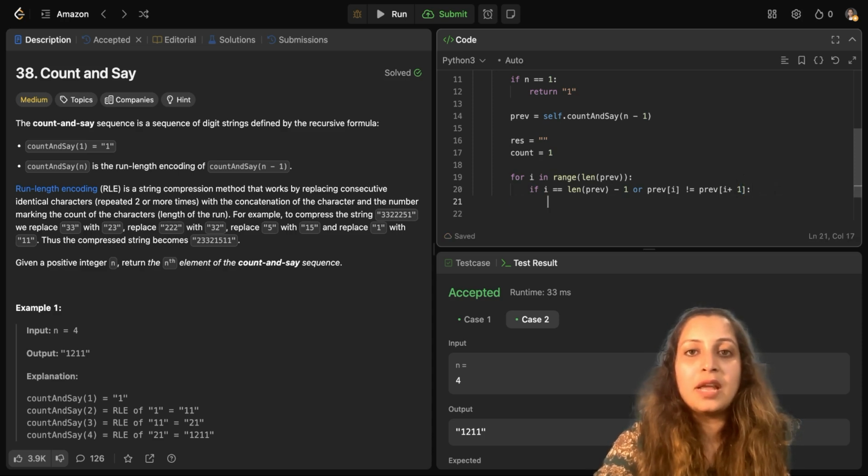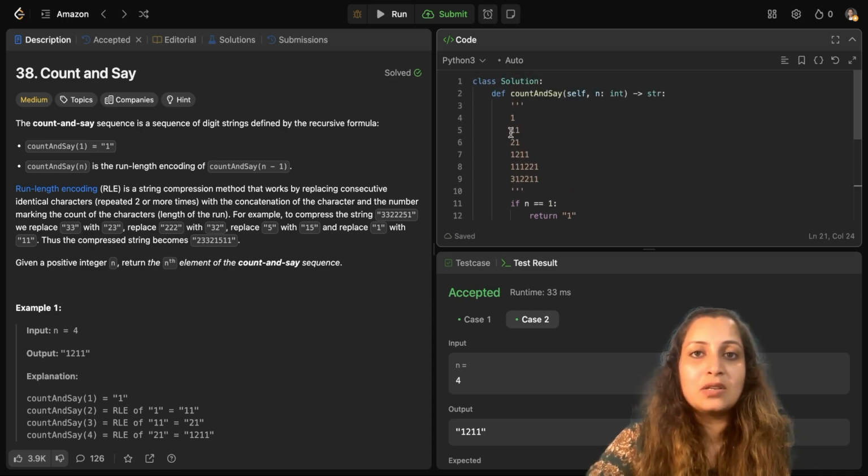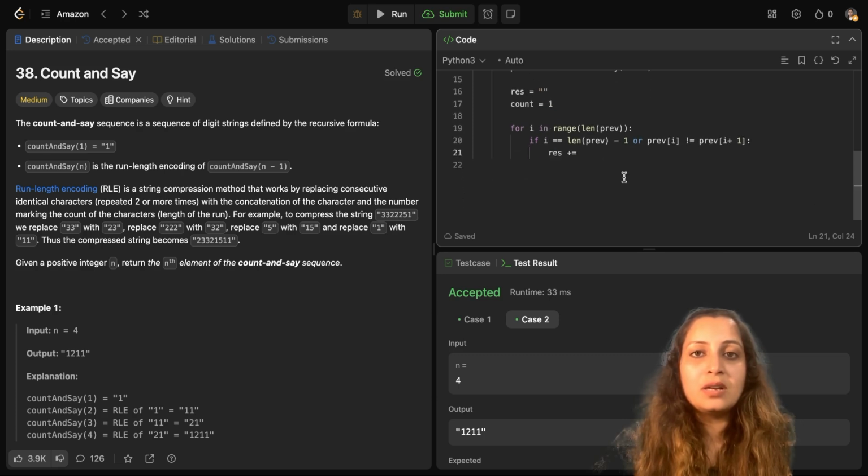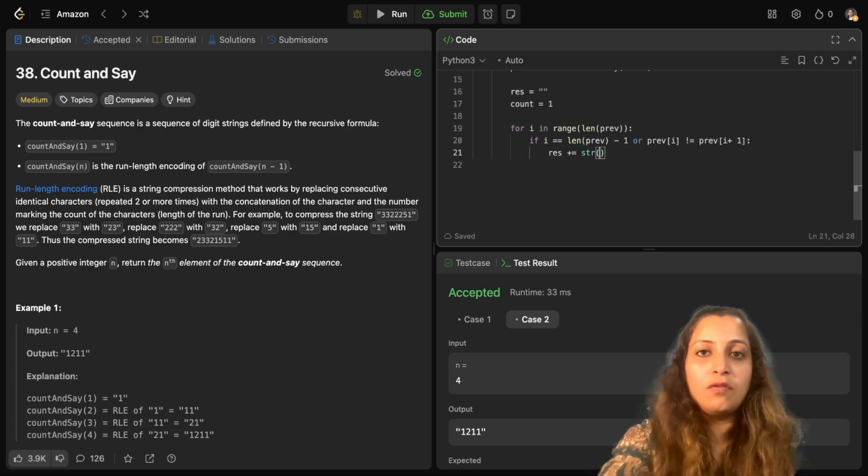So if the next digit is not equal to the prior one, or you have reached the end of the string, in that case you will have to reset the count because the next digit is not equal to the prior digit. And you also have to update the result. Now, what your result is usually updated to, if you have seen in my example here, the first letter is always the number of repetitions and the second letter is your actual string which got repeated. So same way, result will have string of count